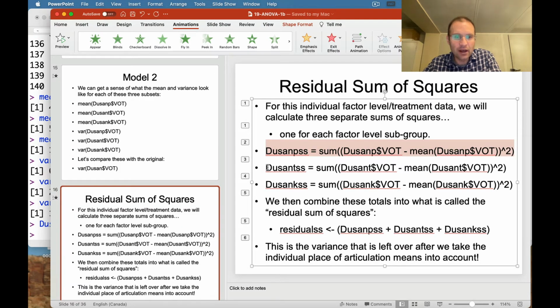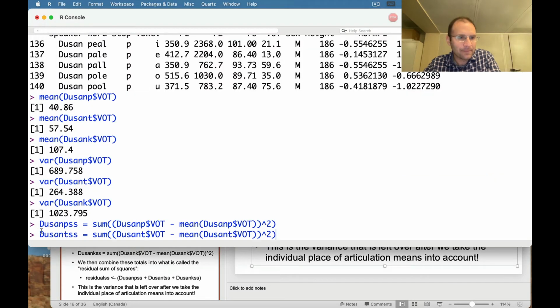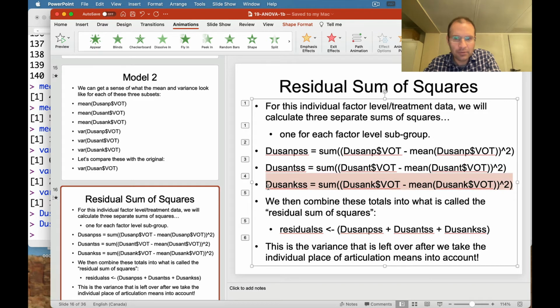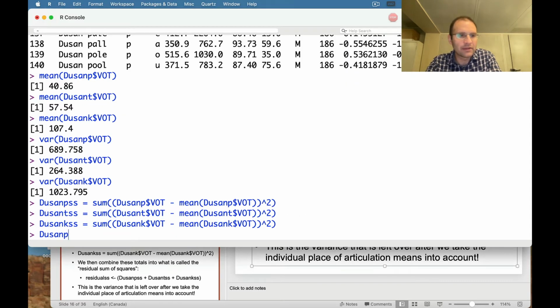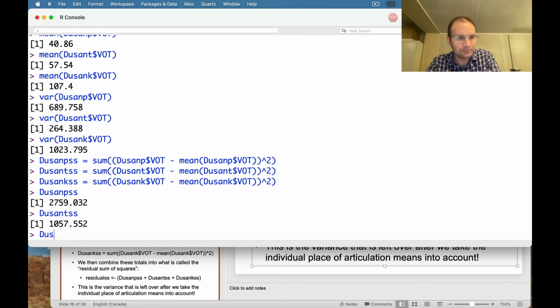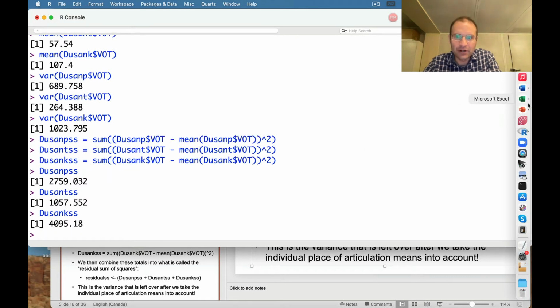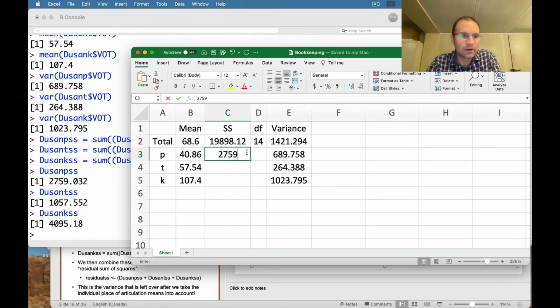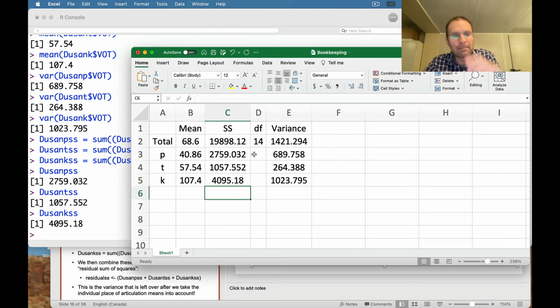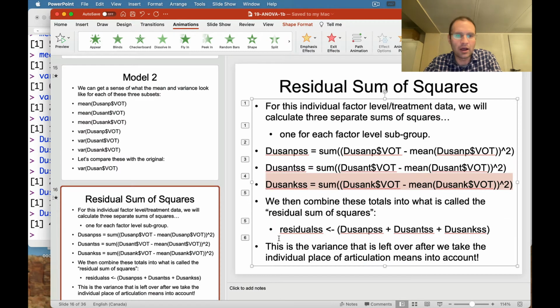So this gives us three separate sums of squares, like that, and like that, and one more for K, like this. So we can look at this by itself, and now we have that sum of squares information that I was glossing over before, and we'll just put it in right here for safekeeping. But now this is starting to look a little bit smaller, right? Over here, when we looked at variance, this looked bigger than the overall total. But now we have like 4,000 plus about 2,700 plus about 1,000. If we add that all up,